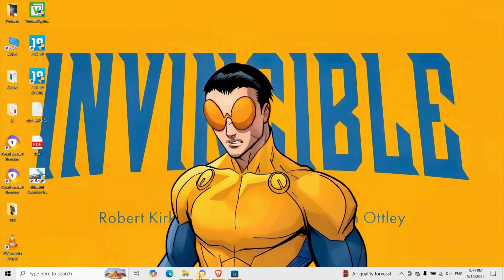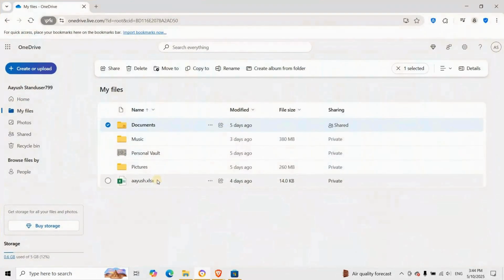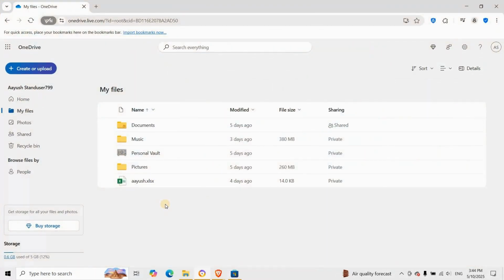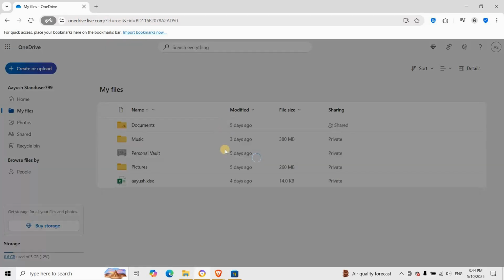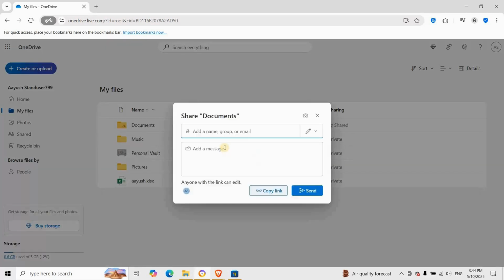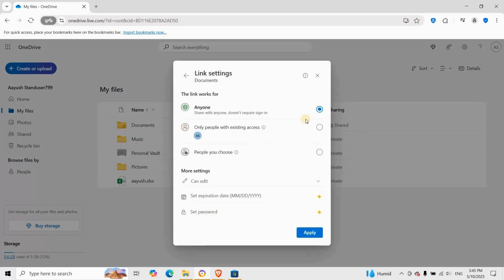Go to onedrive.live.com and sign in. Navigate to the folder that you want to share. Hover over it and click on the share button. By default, OneDrive creates a link anyone can access. You can adjust permissions by clicking on the gear icon to set view only or edit access and even set